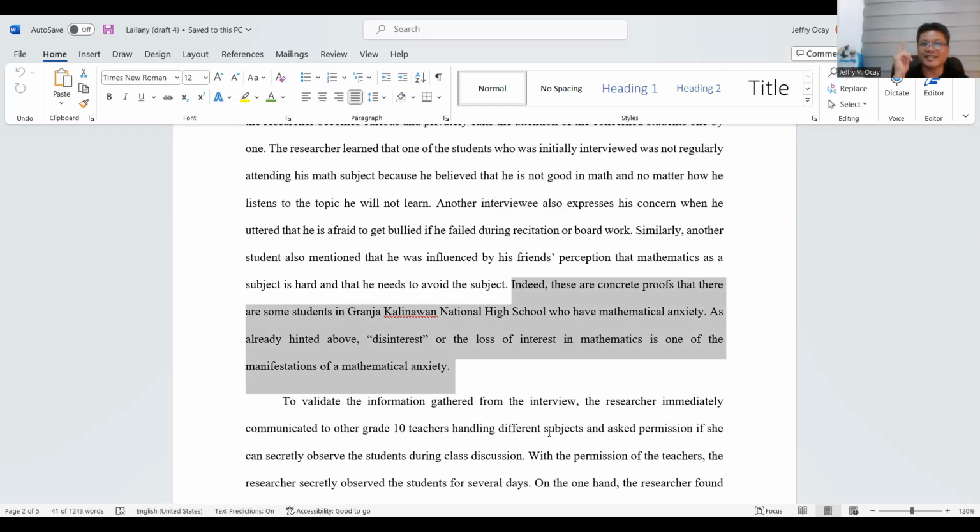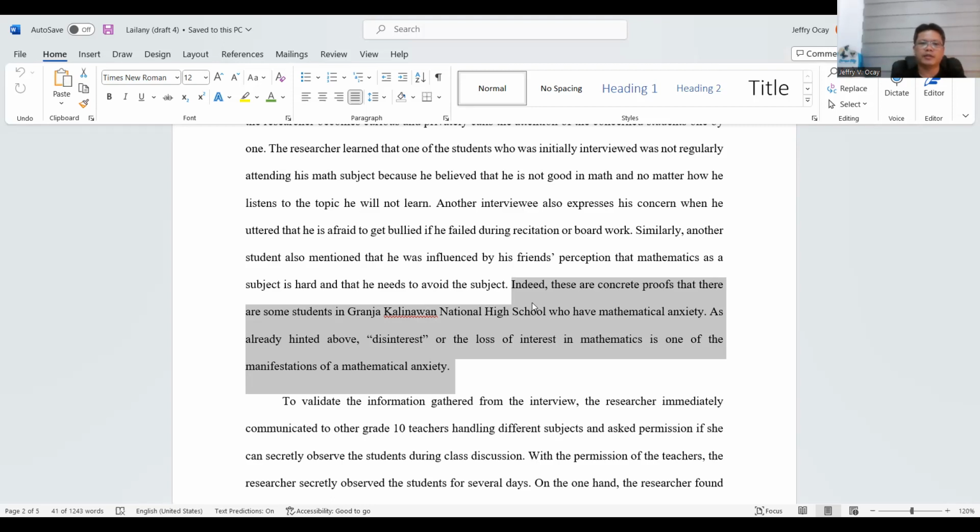We need to have the concluding sentence. That is why we wrote this sentence. Indeed is a signifier of a concluding statement. So indeed, thus, hence, therefore, for this reason, things like that. So it reads, indeed, these are concrete proofs that there are some students in Granha Kalinawan National High School who have mathematical anxiety. So again and again, in the body of the cards, in the body of your background of the study, what you need to do is present a proof to your claim in the